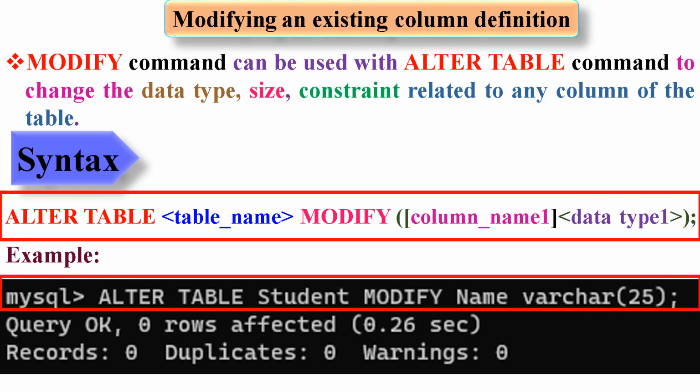Let's learn how to modify an existing column definition. The modify command can be used with the alter table command to change the data type, size, or constraint related to any column of the table. The syntax is alter table table_name modify column_name1 data type1; Example. We type the statement alter table student modify name varchar(25);